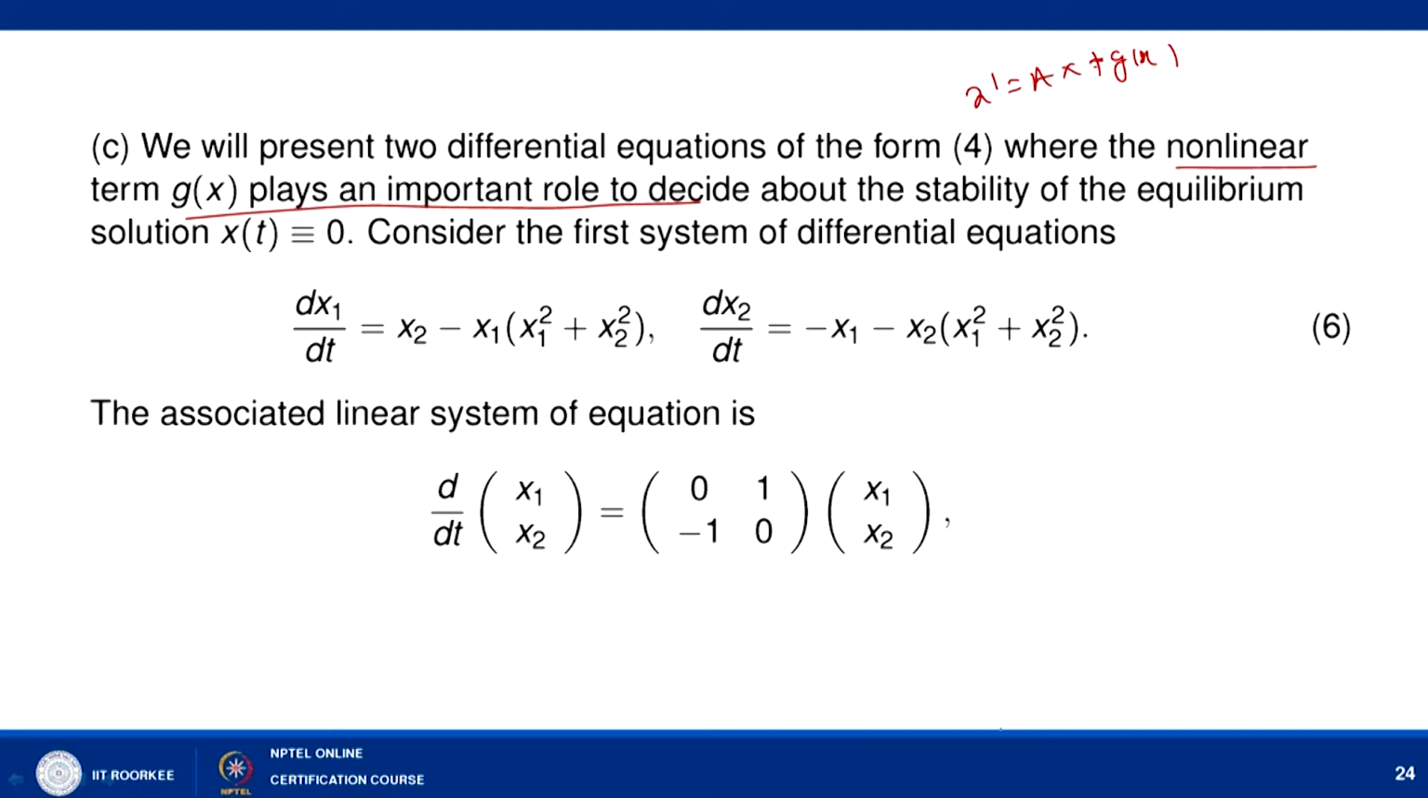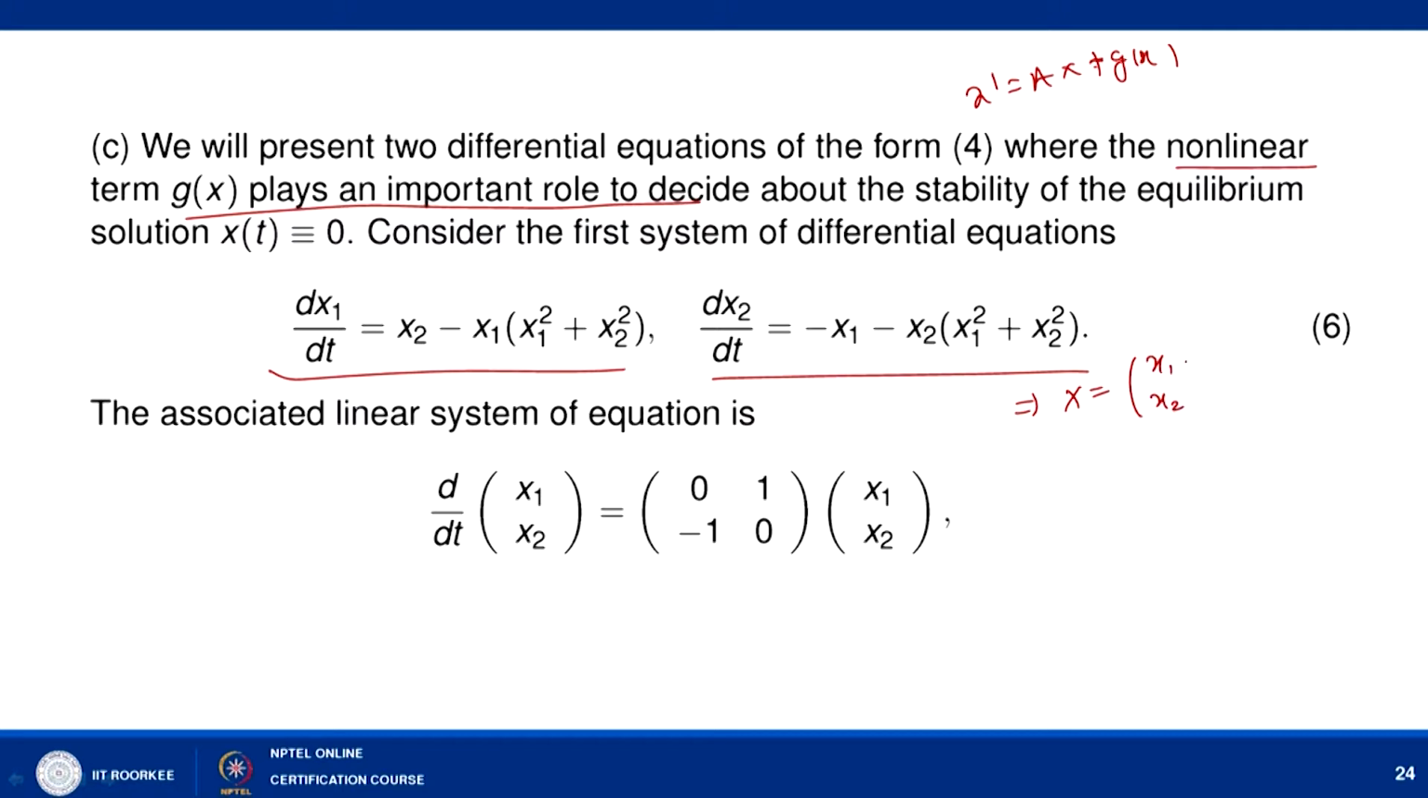So, first let us consider this system: dx1/dt = x2 - x1(x1² + x2²), and the second equation is given as dx2/dt = -x1 - x2(x1² + x2²). And if we assume x as (x1, x2),